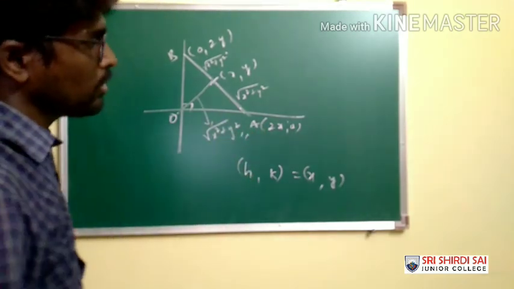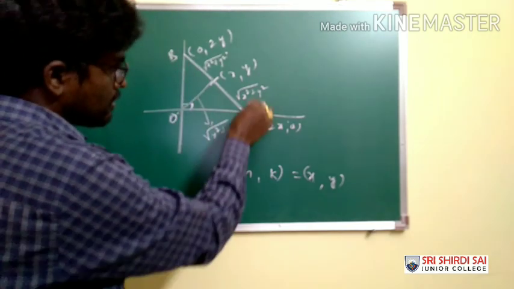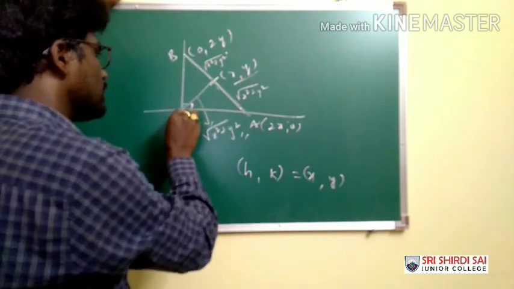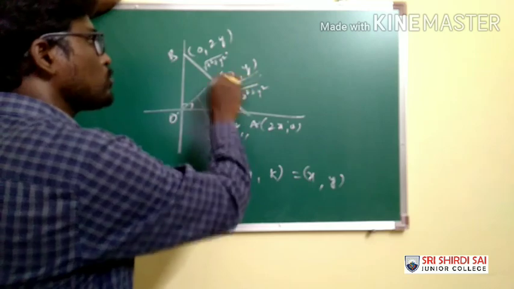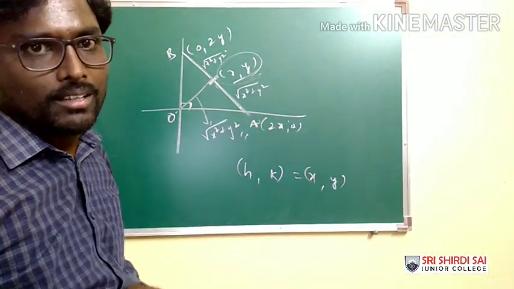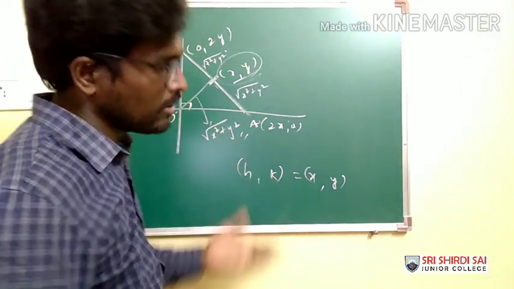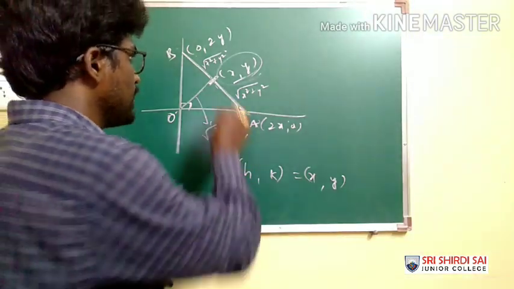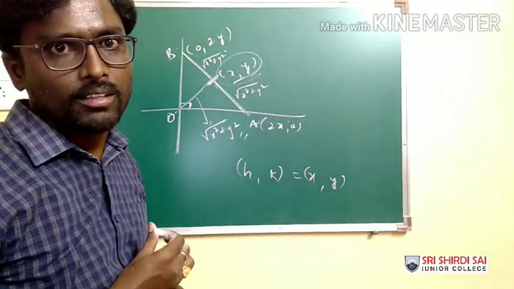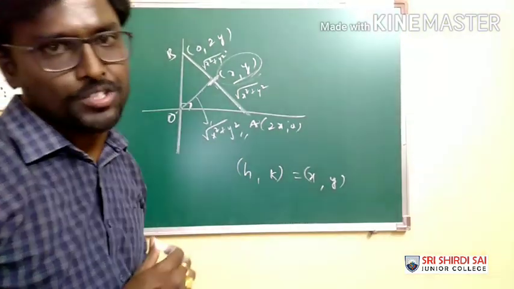See, with a simple thought, the midpoint of AB, that is (x, y), is equidistant from vertex A, vertex B and the origin. This means this point is going to be, according to the concept, the circumcenter. In a circumcircle, for a right angle triangle, the circumcenter lies at the midpoint of the hypotenuse. Fine. So with that knowledge, you can get a proper approach here.